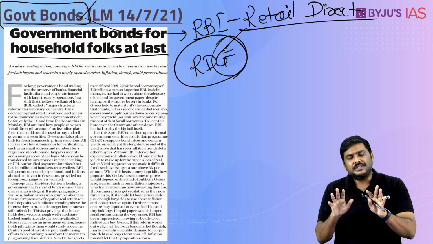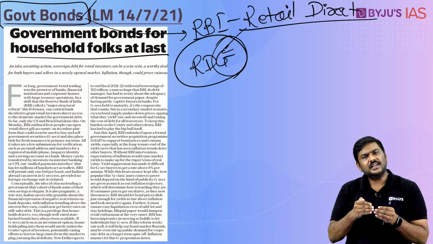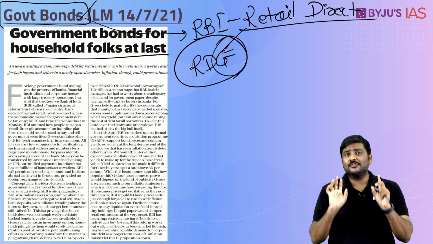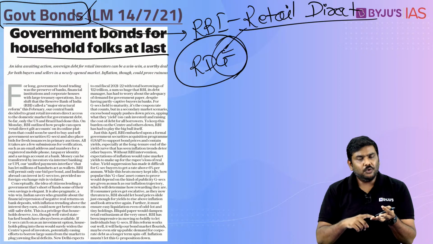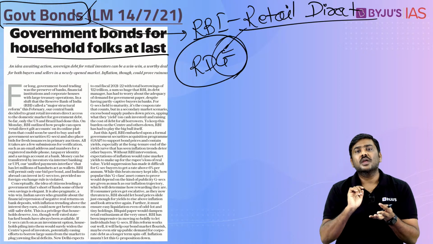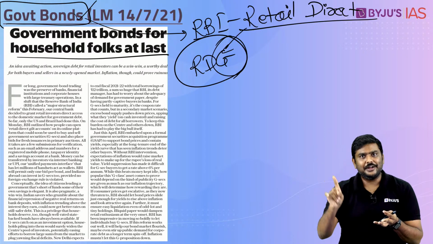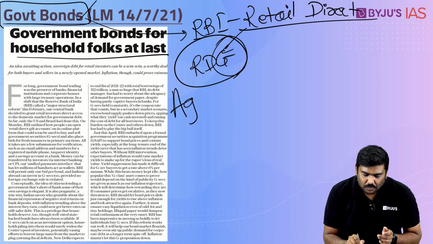Now earlier, what was the process? Were the retail investors, that is the household investors, allowed to purchase G securities? Yes. Follow the statements very carefully. This is how UPSC will play with you. Were the retail investors allowed to purchase G securities? Yes. Were they allowed to directly participate in the auction? Wrong. Remember this. Earlier there was a basic concept called the aggregate model.